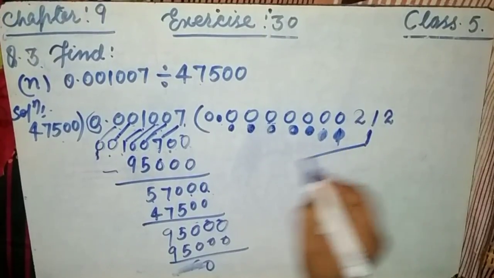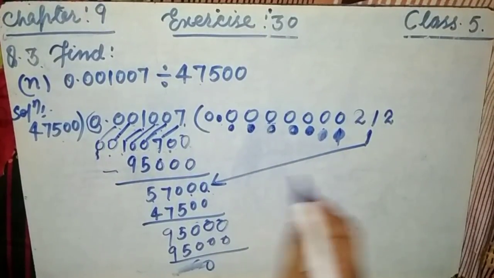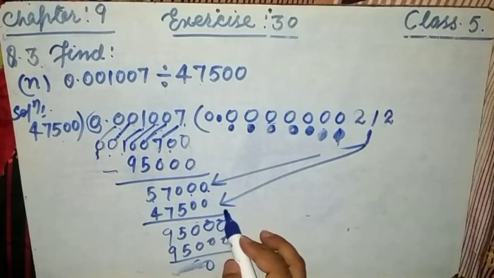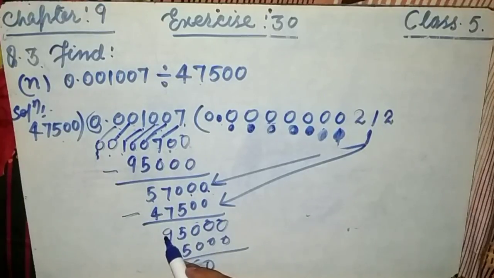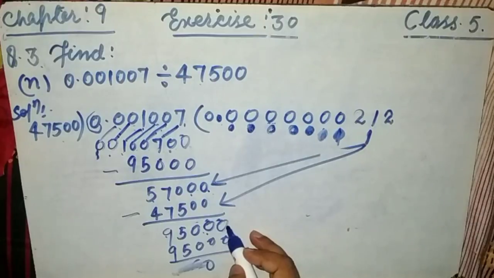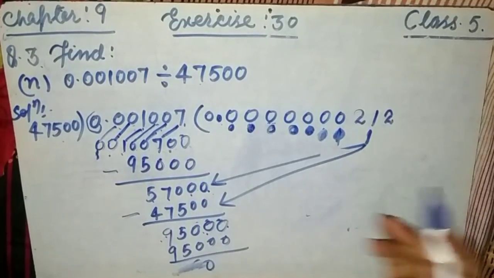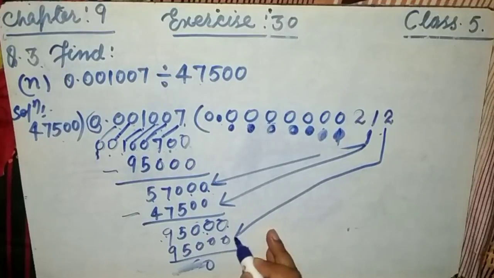1 time. Have a look friend. And the 1 time is here, 47,500. Then subtract, we will get 9,500. Okay, now place the 0, and this became 95,000. So how many times 47,500 to get 95,000? Yes, this is 2 times. Have a look friends. So 47,500 multiplied by 2, we will get 95,000. And this will get cancelled.